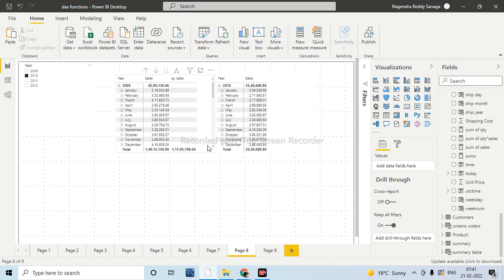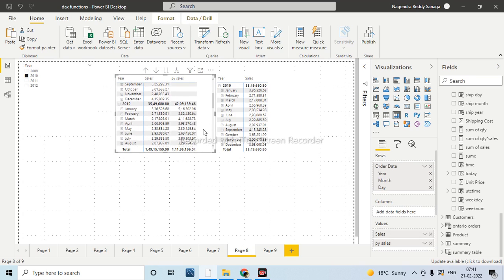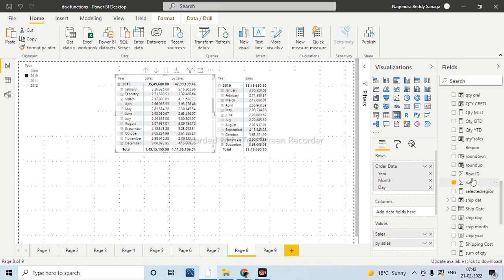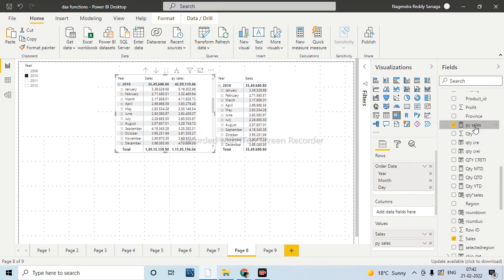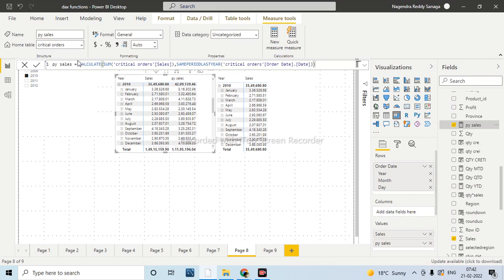Now the same period last year function, what it will do is, now we are in the year 2010. Now we have these sales that belong to 2010. Now this previous year sales is the measure which I created, right, previous sales. This is the function, CALCULATE SUM of sales I am taking. Now based on my selection, I want to see the previous year sales. Now you can go for the same period last year function. We'll see the syntax.